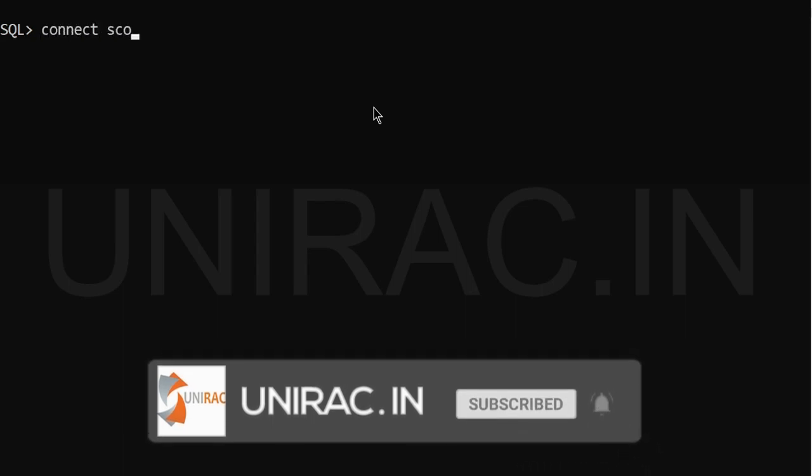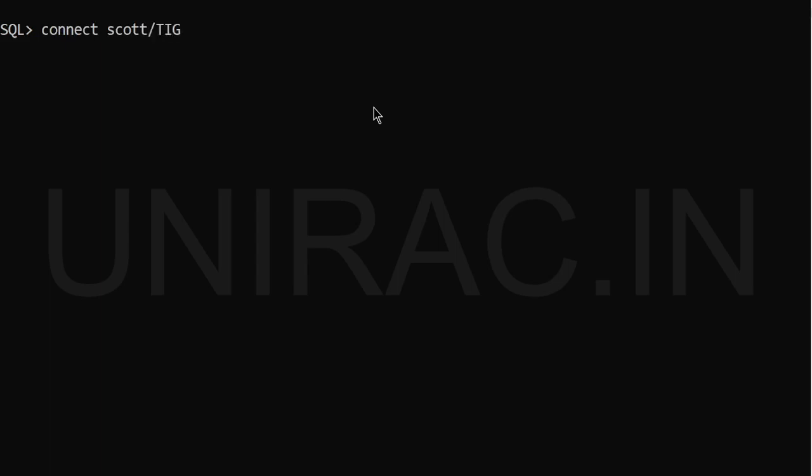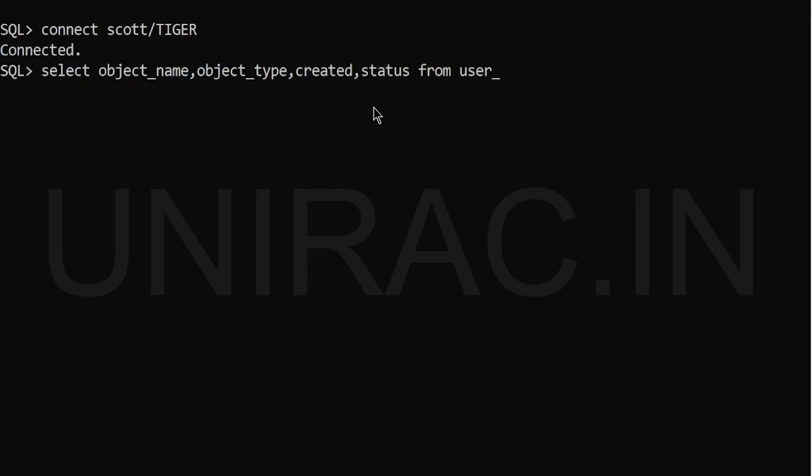So let's work on one of the tables, USER_OBJECTS. We'll connect to the Scott user first. In this Scott user, we have a table EMP. We'll see the EMP table from USER_OBJECTS: OBJECT_NAME, OBJECT_TYPE, CREATED date, and the STATUS from USER_OBJECTS, where object name like EMP.